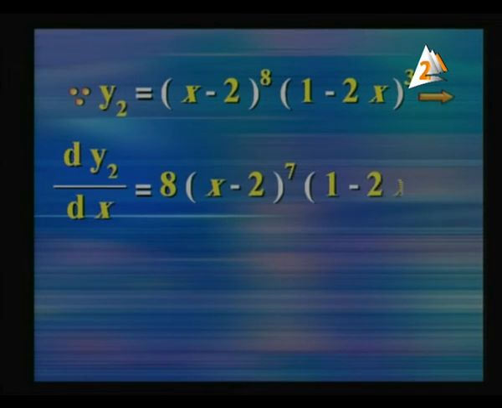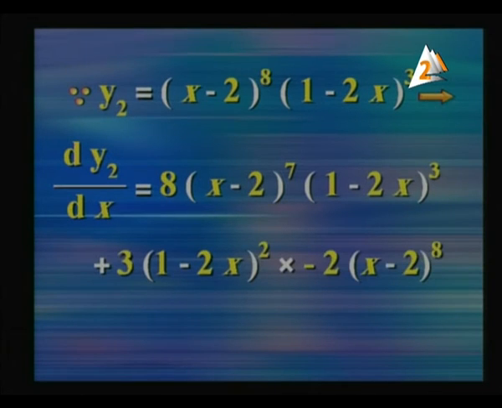Since y2 equals (x minus 2)^8 multiplied by (1 minus 2x)^3, we find the differentiation by the product rule. What is the rule? First differentiation of the second plus the second differentiation of the first. The answer is 8(x minus 2)^7 multiplied by (1 minus 2x)^3 plus 3 multiplied by (1 minus 2x)^2 times negative 2 multiplied by (x minus 2)^8